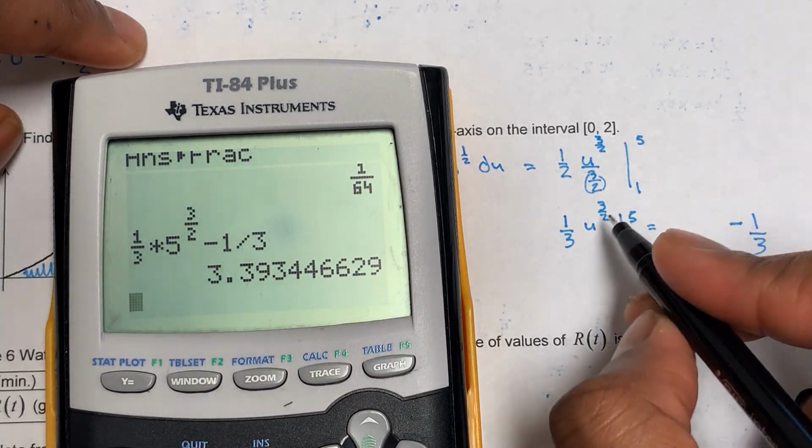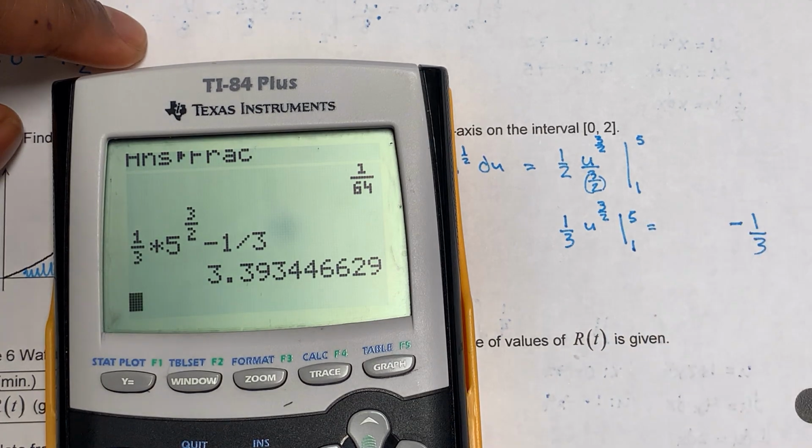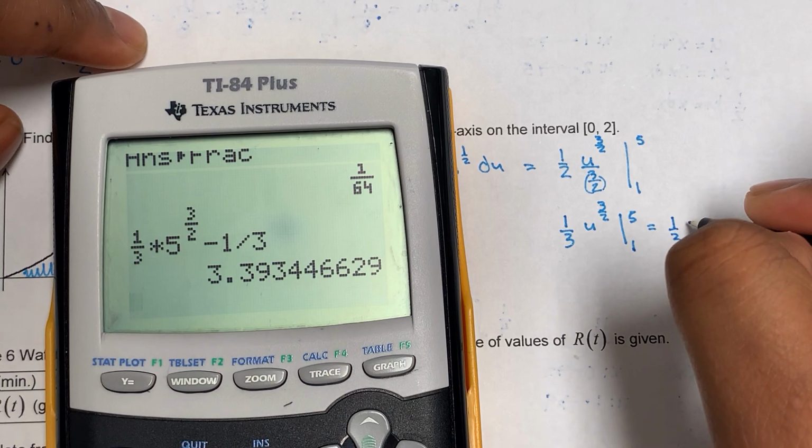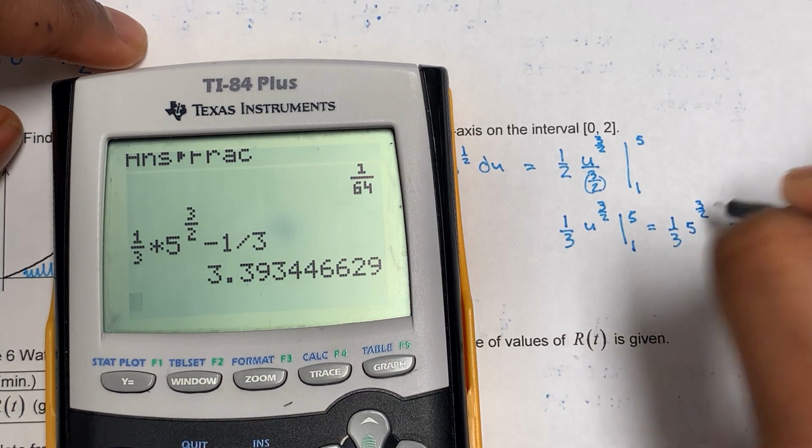And this is not a rational number because the square root of 5 is not a rational number. So 1/3 times 5 to the 3/2 minus 1/3